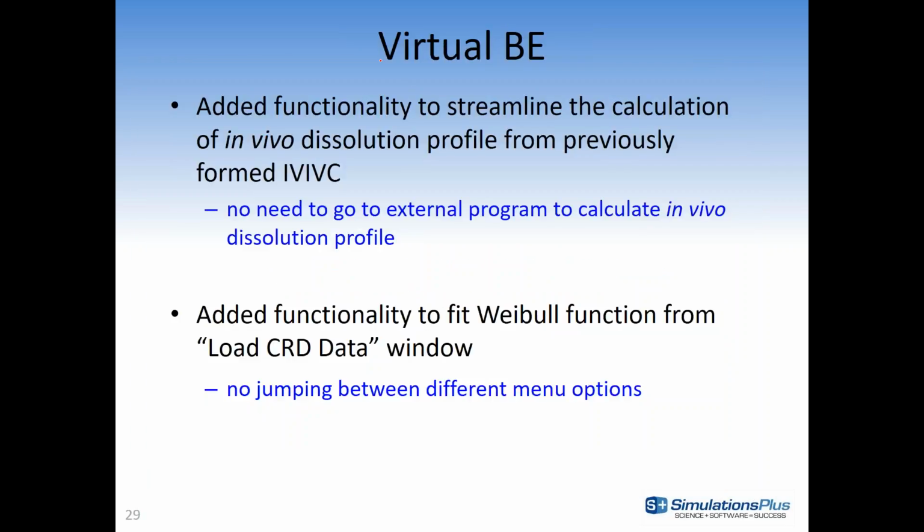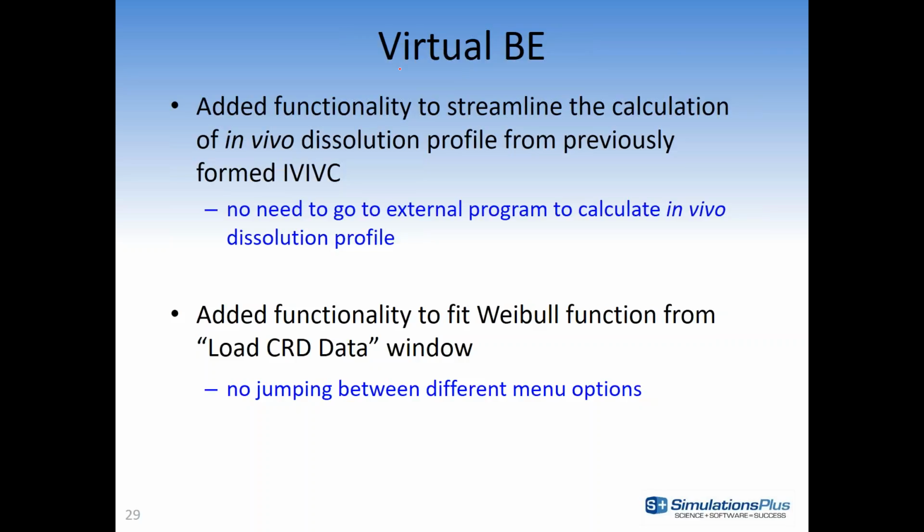And linked to the IVIVC, we've also simplified or tried to make a little bit more user-friendly the transition going from IVIVC to starting to predict the in vivo dissolution profiles and use them in the main simulation. Again, I know that many of you went through this whole process during our workshops, where if you've built the IVIVC, and now you want to use that IVIVC to predict the in vivo dissolution profile for a new formulation,